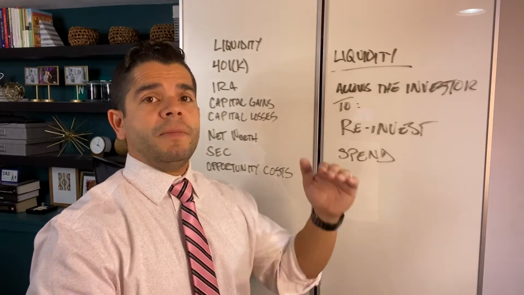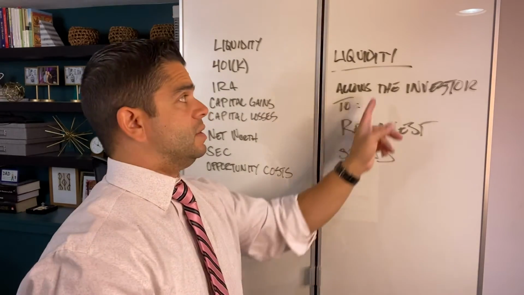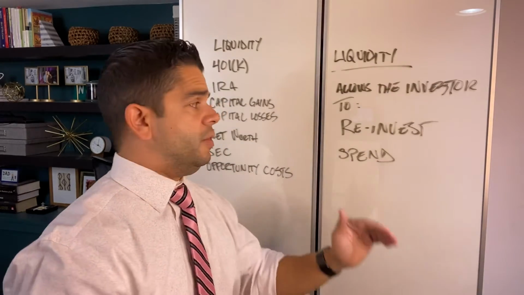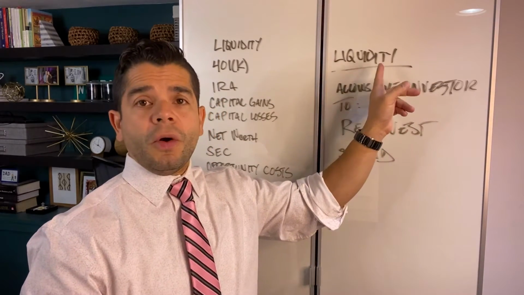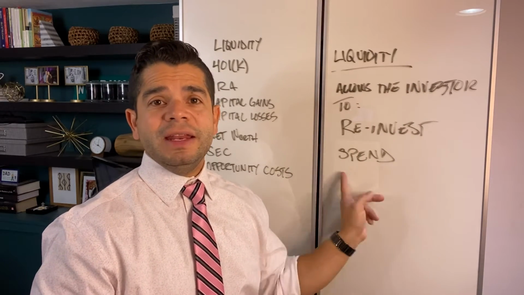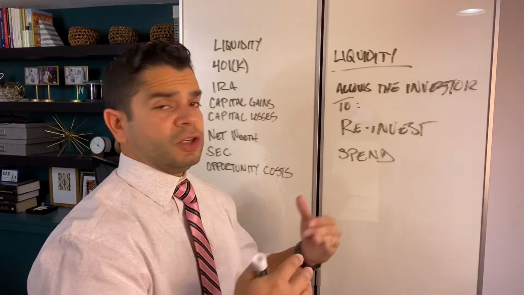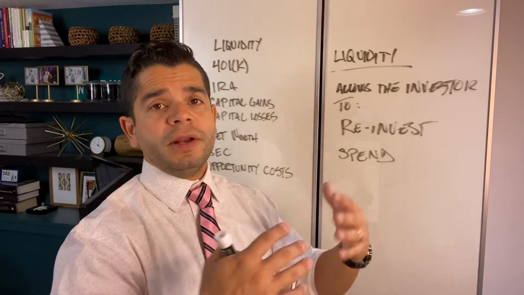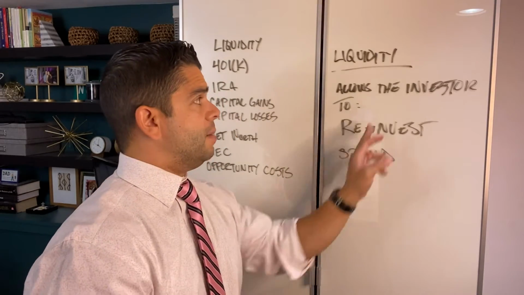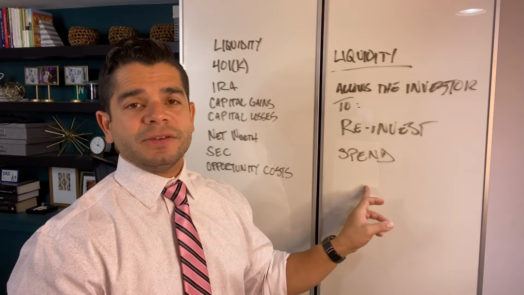So moving from an overvalued asset to an undervalued one is going to require great liquidity, so I have the ability to move fast. The other is, with great liquidity or strong liquidity, I can access my money if I need it to spend it. So if I had unexpected expenses, or just my lifestyle in general, if I wanted to vacation or make a major purchase, then I want to be able to make sure that some of my assets are liquid enough where I have access to them.